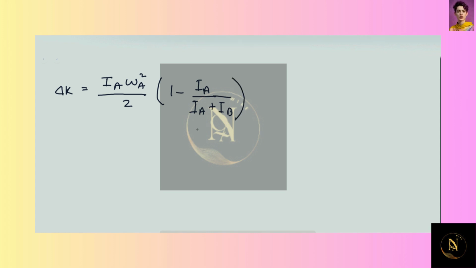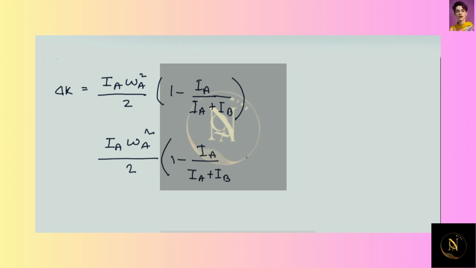If we solve for the thermal energy loss, we see that the loss of kinetic energy should not be more than 2400 joules. So then we have an inequality: IA omega A squared divided by 2, times 1 minus IA by IA plus IB,